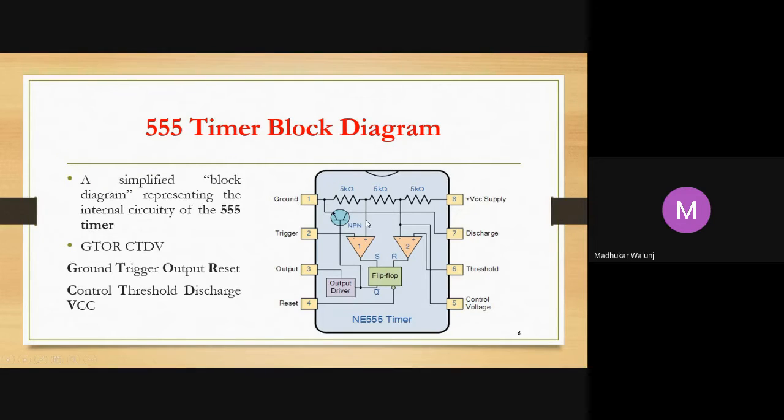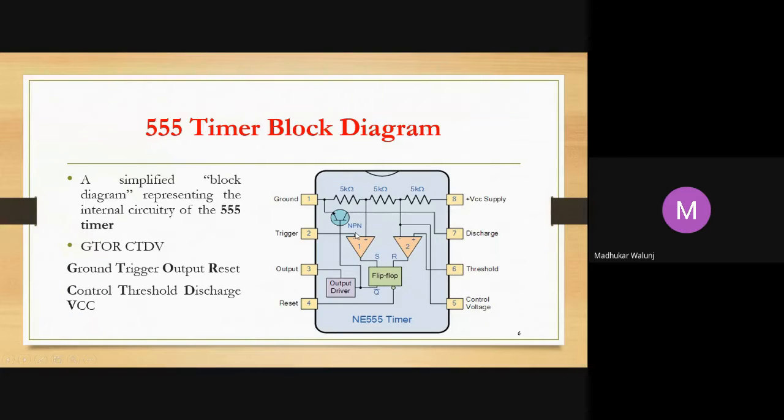You can see from this particular diagram that there are 8 pins: 1, 2, 3, 4 on one side, and 5, 6, 7, 8 on the other side. So we can say 4 pins on one side and 4 pins on the other side. That is nothing but an 8 pin IC, and it is available with pins on two sides, so it is called a DIP package, dual inline package.